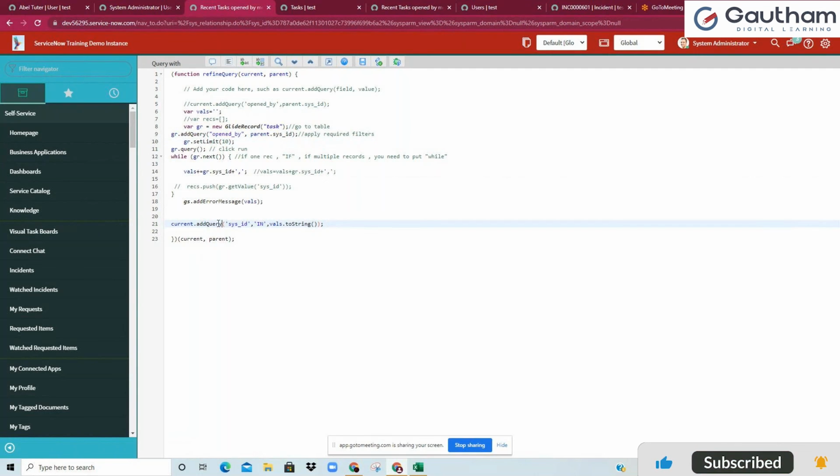Now we put up a filter finally, saying current.addQuery. Your current represents the task table. In the task table, you're putting a filter. Sys id is one of vals.toString, meaning the list of sys ids that I have already gathered in here. So instead of using vals like this, you can also